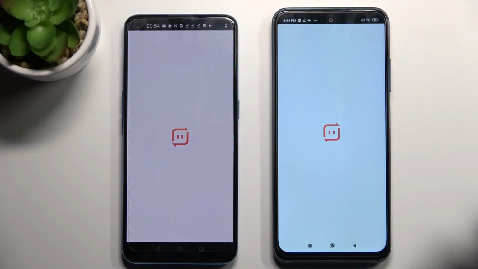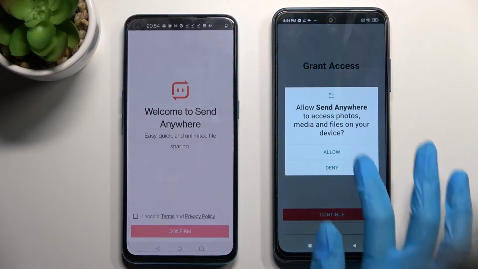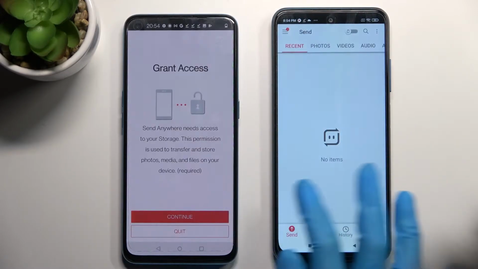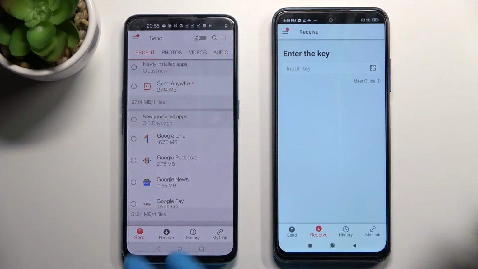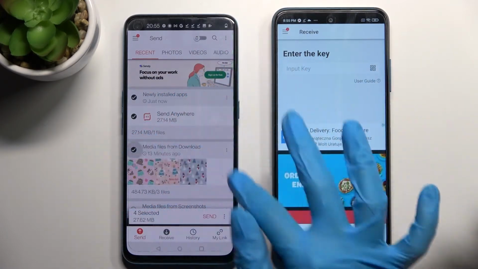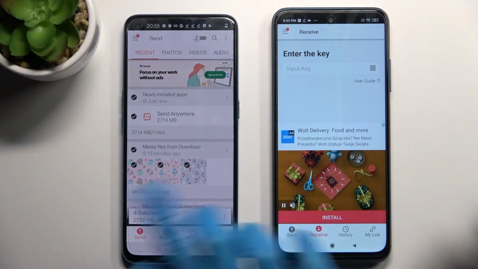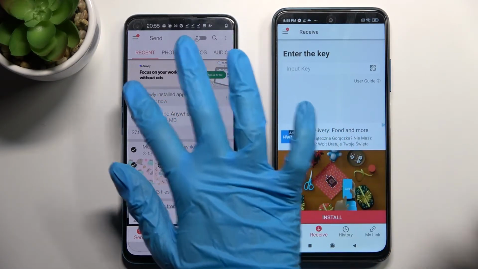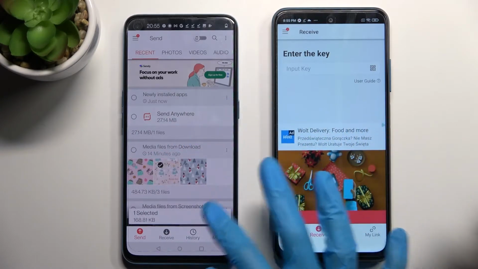Here you need to choose I accept, confirm, continue and allow. Following that, choose Receive on an Android and Send on OnePlus. Then tap on all of those three dots and select Send. This way you will choose all of those files and transfer them. It will take a long time though, so I will go with only this one photo, choose Send and tap